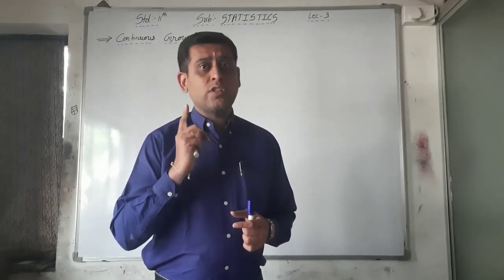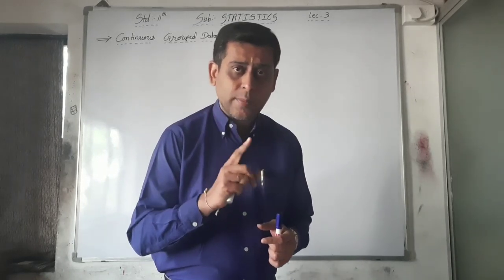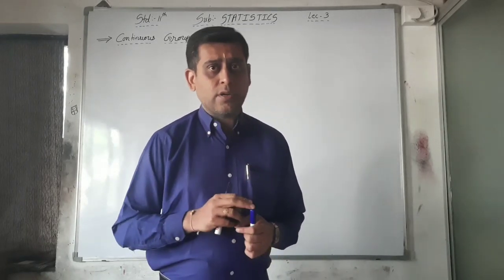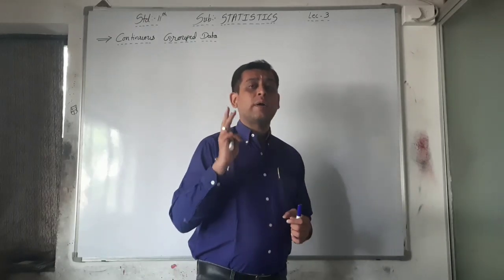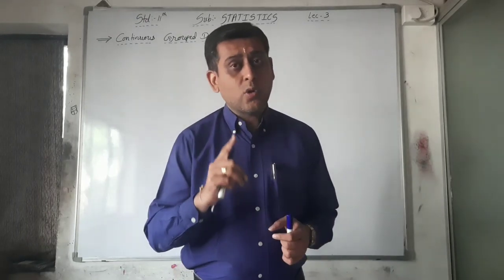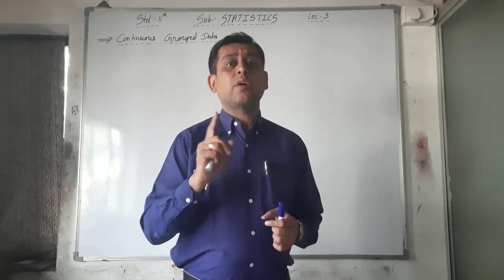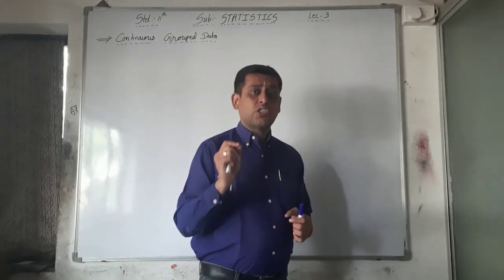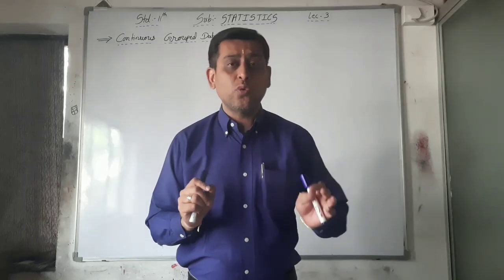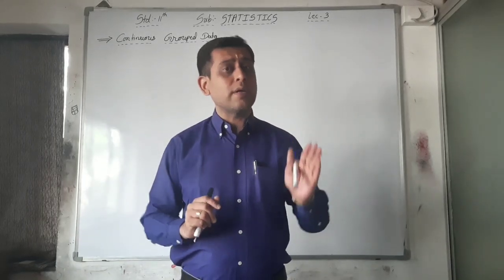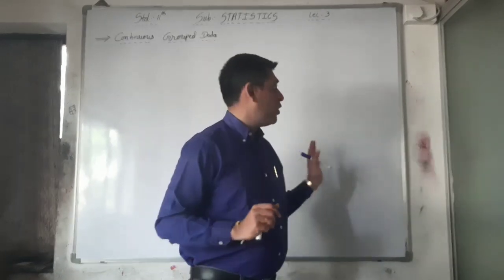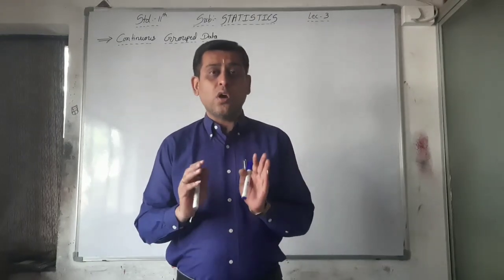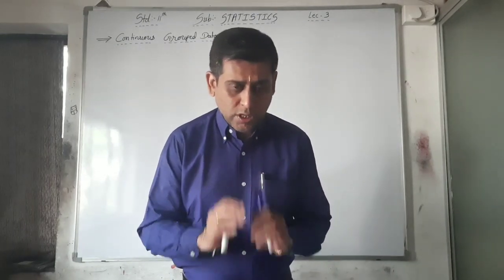Question number 1 with method 1 and 2, that is direct method as well as shortcut method. Question number 2 with method number 3, and question number 3 with method number 4 and 5. In the particular exercise, it is not specifically said that you have to do this sum by both the methods, but I told you that you have to do this only for practice, nothing else.